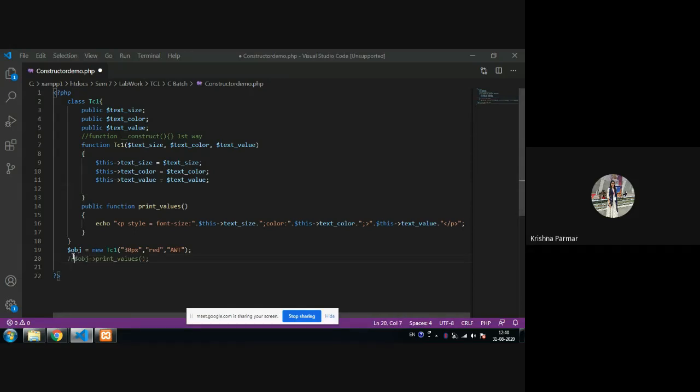Like if you comment here, and directly call this function from here, with the name of your function. Whenever the tc1 constructor is called, it assigns these values to the properties, and then directly goes to calling this function. So there is no need for calling it explicitly.